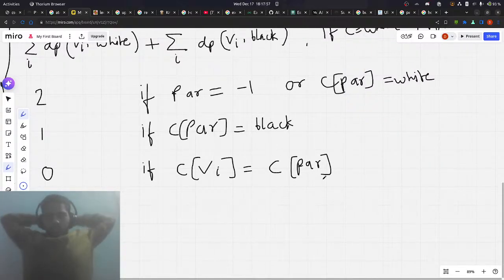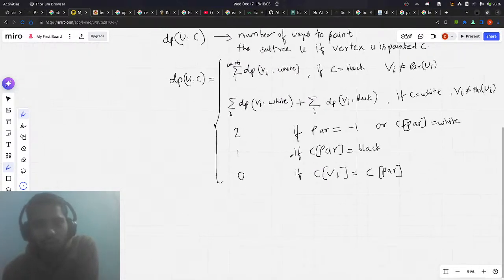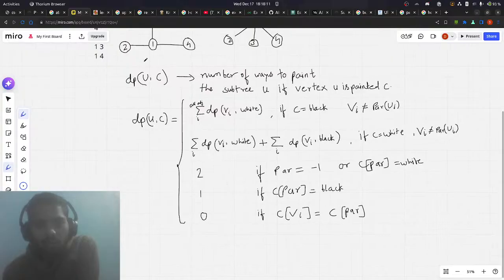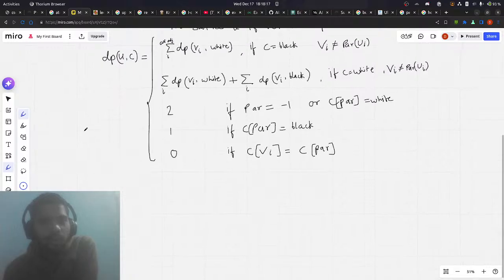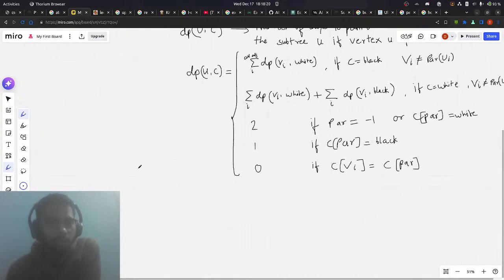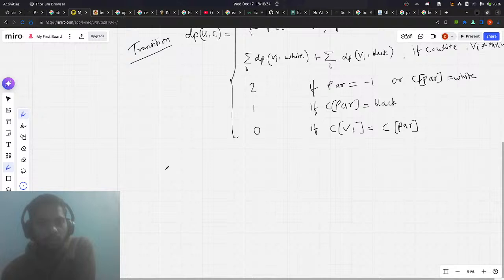Okay, so how do I implement this? I've come up with a solution. I'm not sure if it is correct or not. These are all the base cases. This is the state, and the answer will be, of course, in state transition and we have our answer